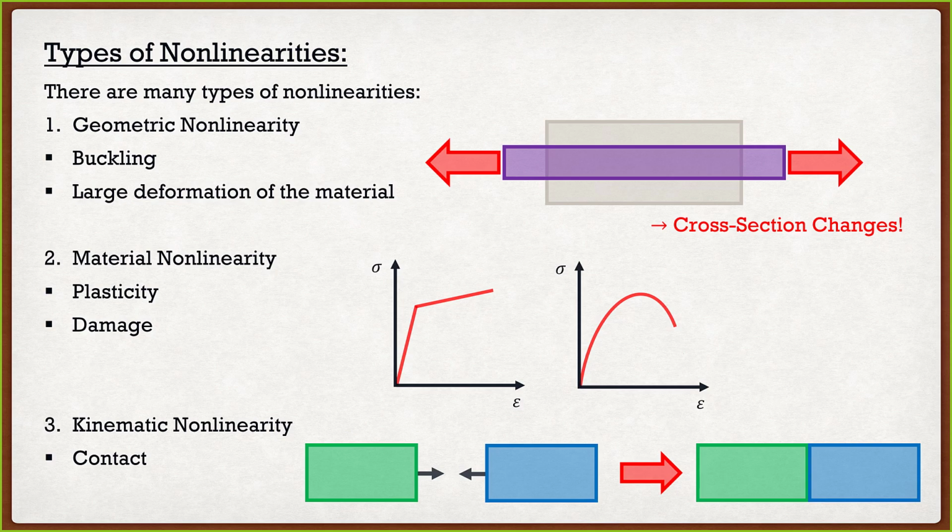Nothing's going to happen. Now, the problem with this contact, and when we're dealing with nonlinearities and their complexity, this contact is actually one of the worst. Plasticity, as we can see for the materials, it's not too bad. Geometric nonlinearity, it's actually probably the easiest. But that contact, that's where things get crazy, because we have basically two surfaces of each object, and they have no stress. And then at one single time increment, as soon as they touch, the stresses go crazy. So that's basically going from 0 stress to 100 stress in 0.1 seconds. So it gets kind of crazy when we start dealing with that contact, especially if we start talking about impact.